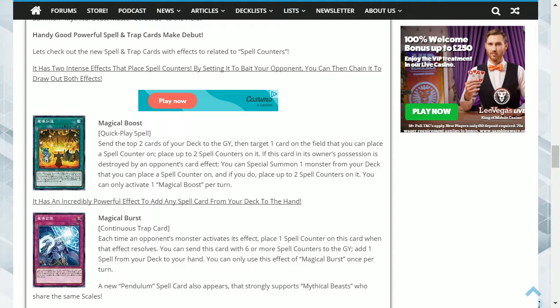This card can be used as a bluff. Your opponent might use something like Heavy Storm Duster or Twin Twisters to try and destroy this, not realizing that you suddenly activate it. So not only have they wasted their spell and trap removal, but they have given you not only the spell counters, which are important within the deck, but that also encourages you to summon into a